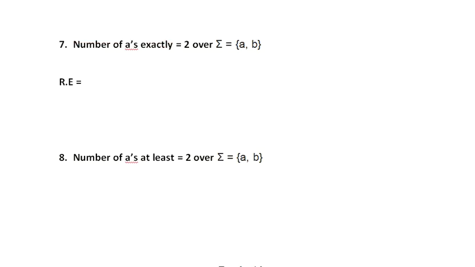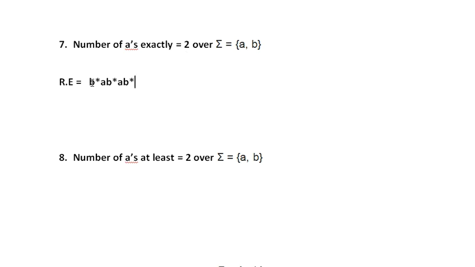Now I say that there are exactly 2 A's. So 1 A I have taken, and one more A I have taken. So this is the initial possible combination, correct? Now over, I have taken input alphabet A and B. So is there any restriction for B? No. So I can write like this: B asterisk. So this means any number of B's, correct, followed by A, and again in between I can write B whole to the power star. Again at the end I can write B whole to the power star.